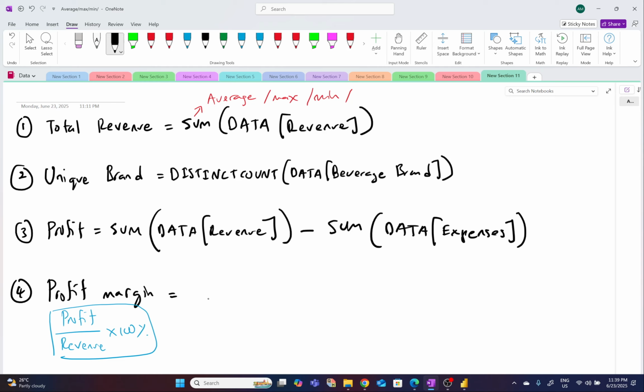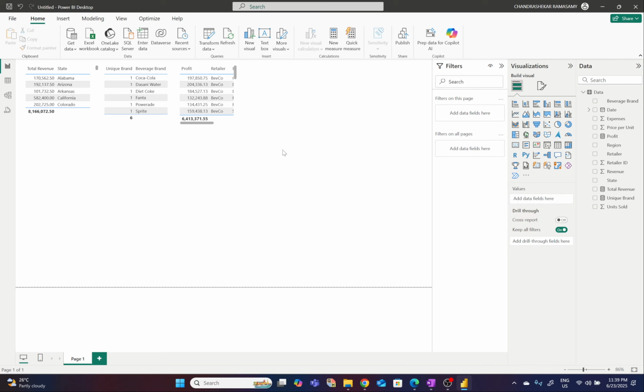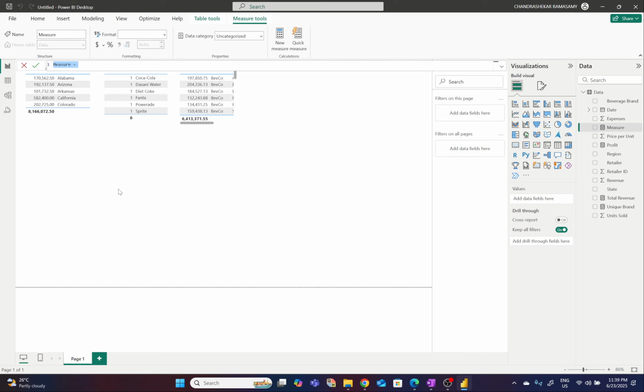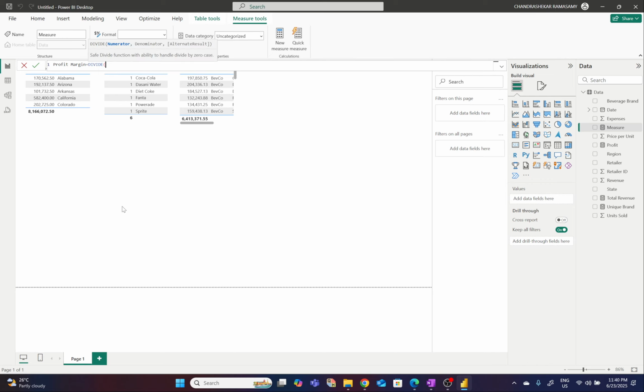So I'm going to use, since there's a division, for sure I'm going to use divide of profit divided by revenue. So go to Power BI, press the canvas, don't forget to press the canvas, then new measure. Just now what? Profit margin equate divide. You can see divide here, parenthesis is here. You want to divide profit